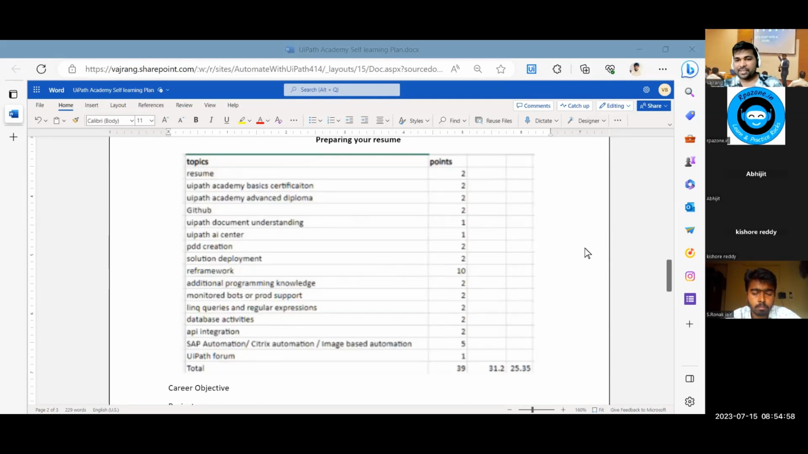Go ahead and check: anything above or exactly 30, you are ready for the interviews. You can go ahead and attend them. Out of 10, you may be able to crack 5 or 4. You may need to